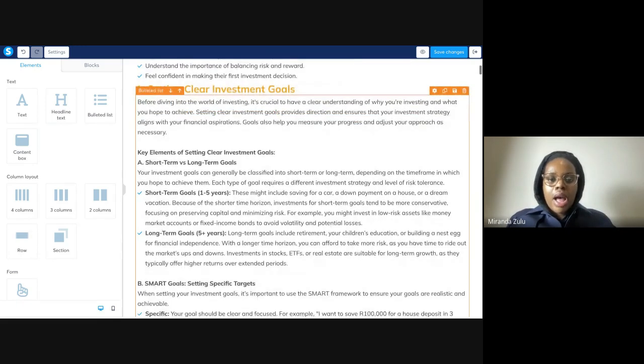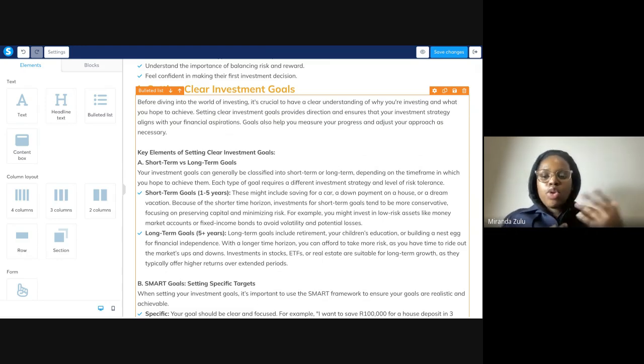Because, for example, here, just knowing a short-term versus a long-term goal. If you're looking at a short-term investment goal, the type of products you invest in will be suited and tailored to that short-term goal. Whereas if you're looking at something more long-term, you will look at things that can give you those long-term returns or have more risk attached to it, because it's good to put more risk in something long-term since you can withstand the fluctuations of the market.